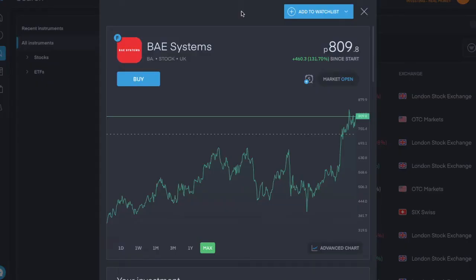So it's doing very well. Number 2 is BAE Systems. Ticker symbol is BA. It's currently trading for £8.09 per share. Pays a dividend twice per year, and the last two I received were for 9.9 pence and 15.2 pence per